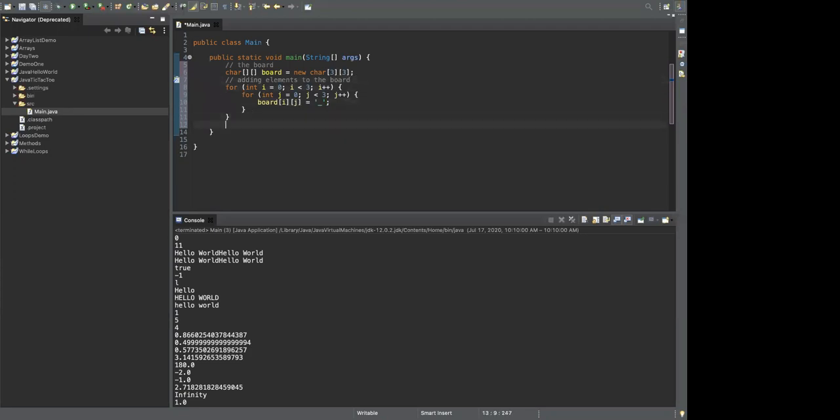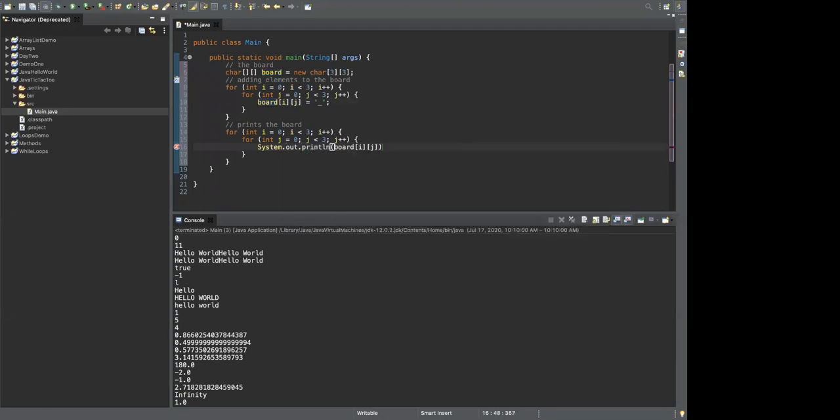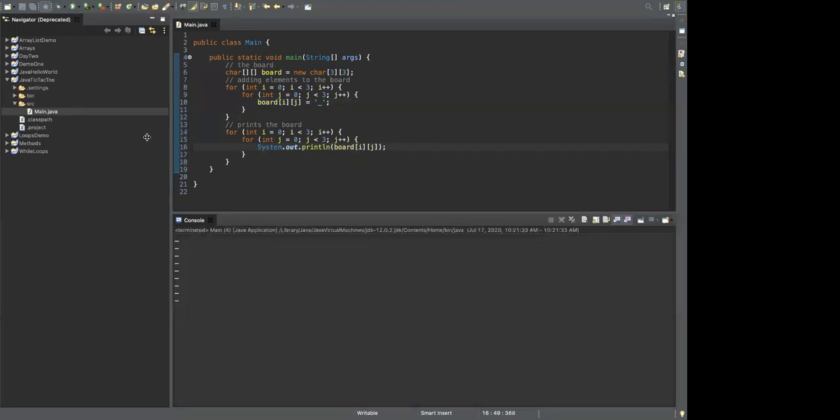Okay, so now we have already added the elements to our board. And if we try printing the board, I'm going to run the same loop, but I'm going to print, so that just prints it in a vertical line. In order for us to see what